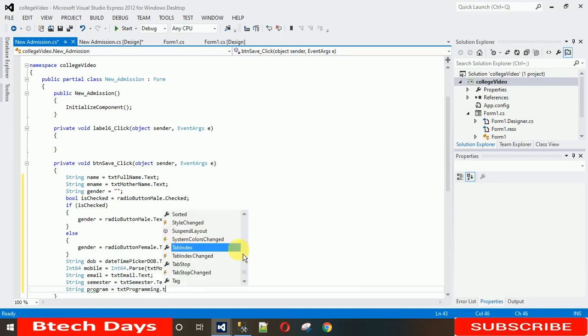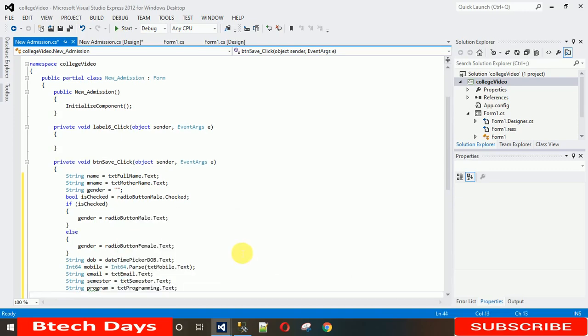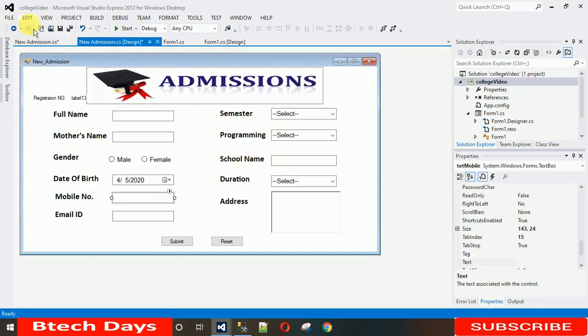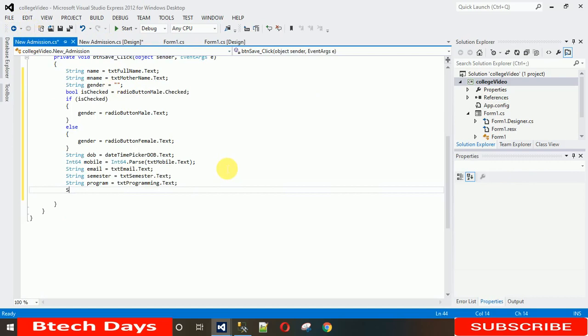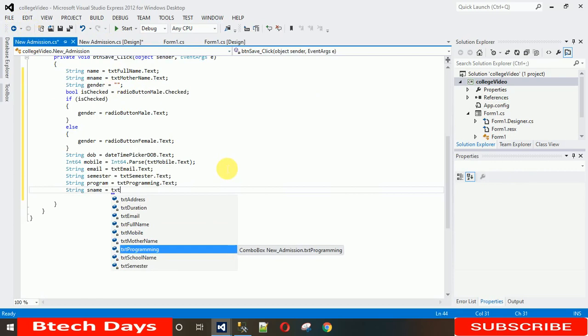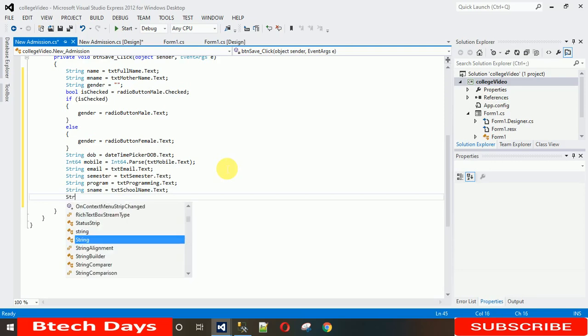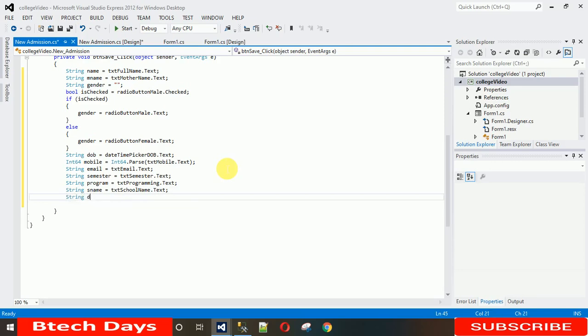Programming dot text. Let me just scroll this, and after this program we have school name, duration and address. So school name: string name equals txtSchoolName.Text. After that, string duration